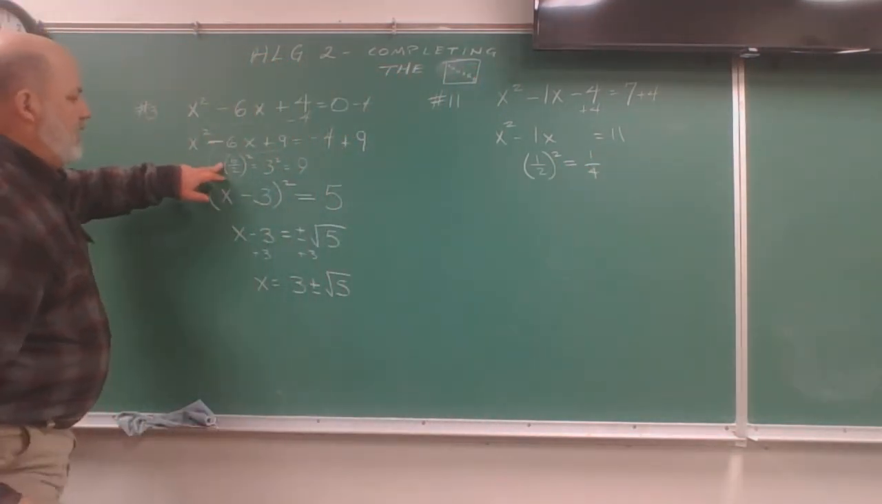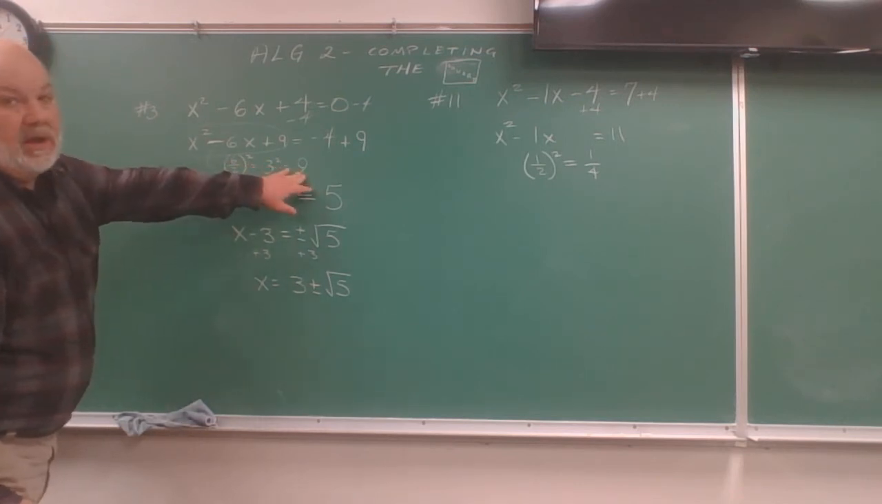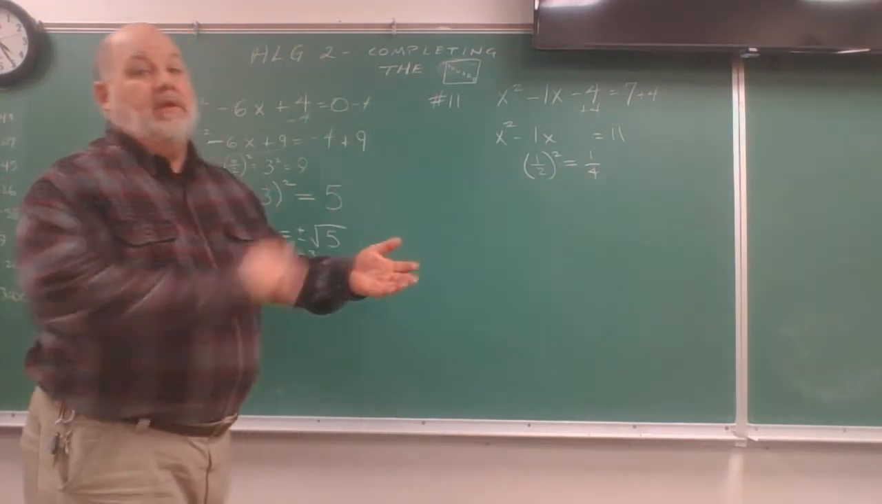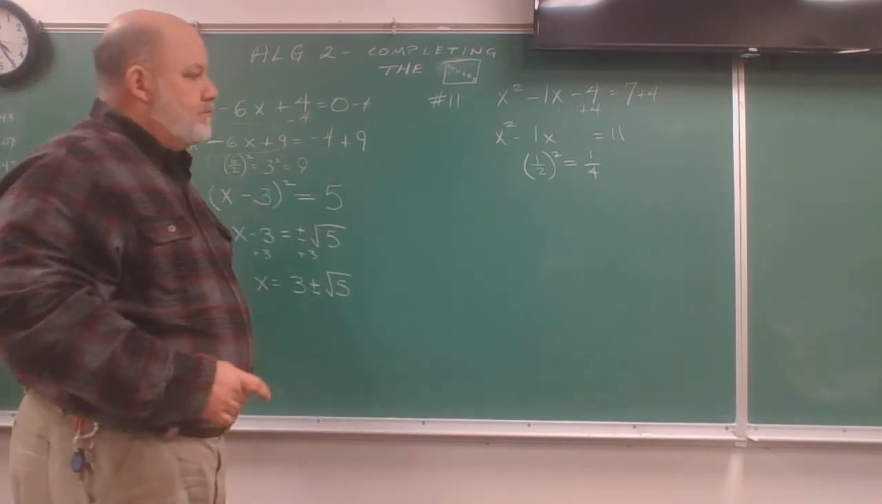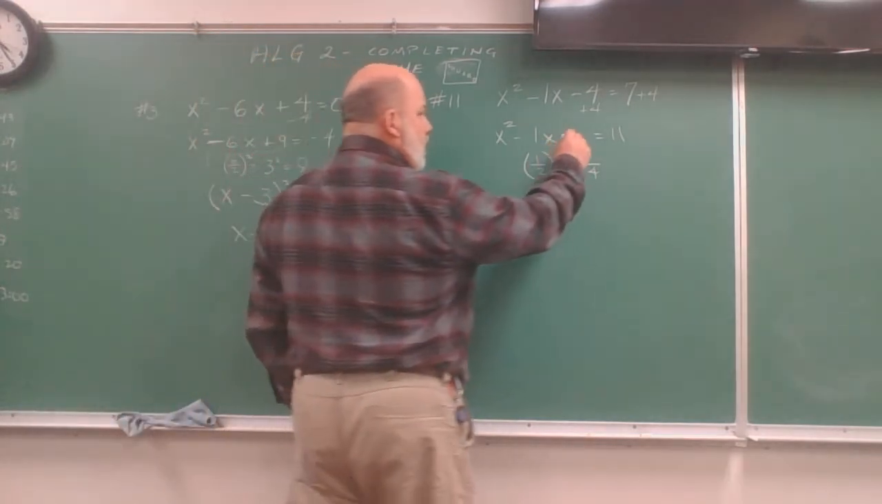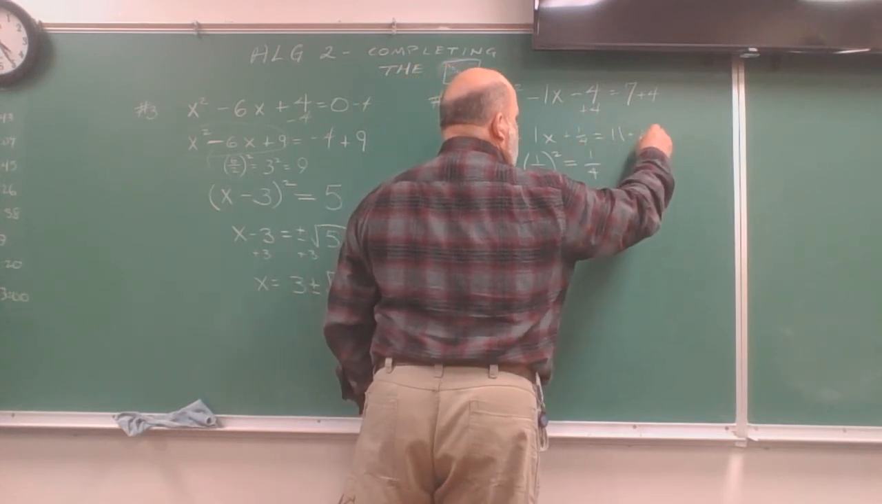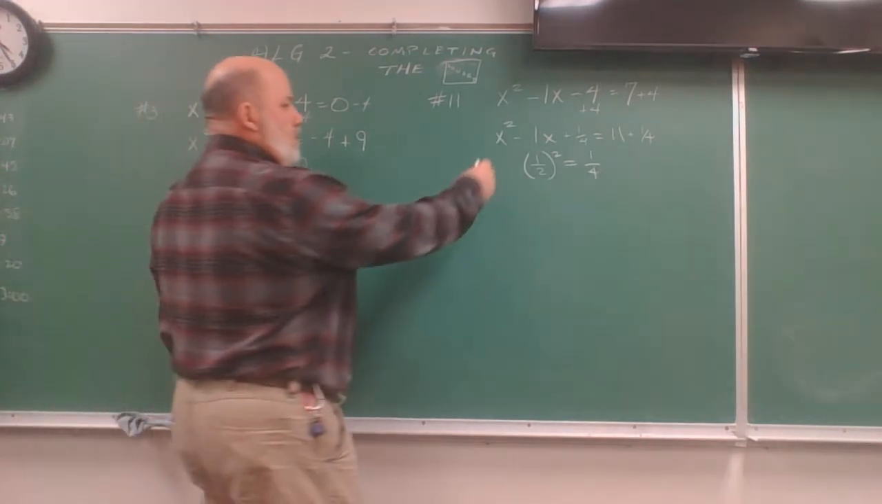I just want to point out something. Over here, when I was doing the even numbers and I was completing the square, I had 1, 2, 3 numbers. Over here, I have just 2. That's okay. Don't think that you've got to have 3 steps. It's only 2 in this one. This 1/4 gets added to both sides of the equation. Again, magically,